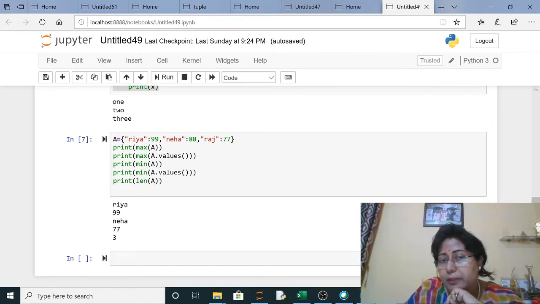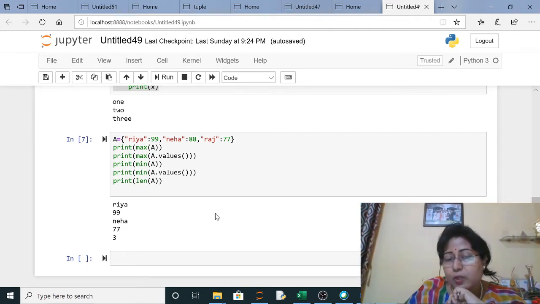Then Raj will be there, and then Riya. Since the first alphabet is the same, it will check with the second alphabet. So it is arranging the keys in alphabetical order, and max of A means Riya will be displayed, because Ri is the last value. That is, when you arrange in ascending order, Riya will be the last one.